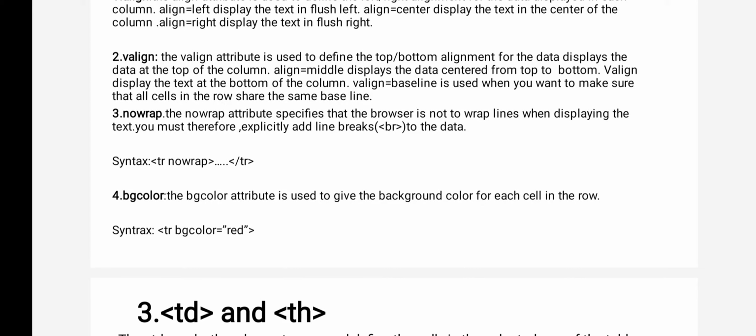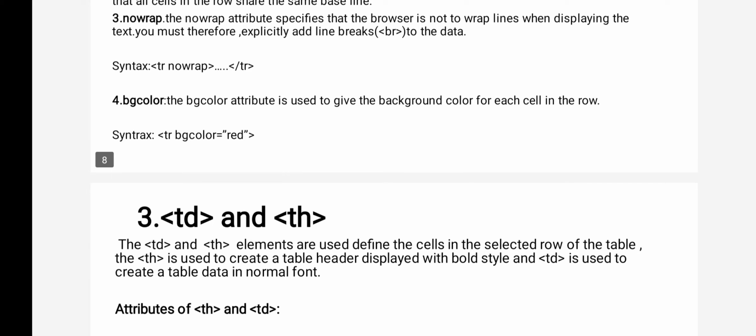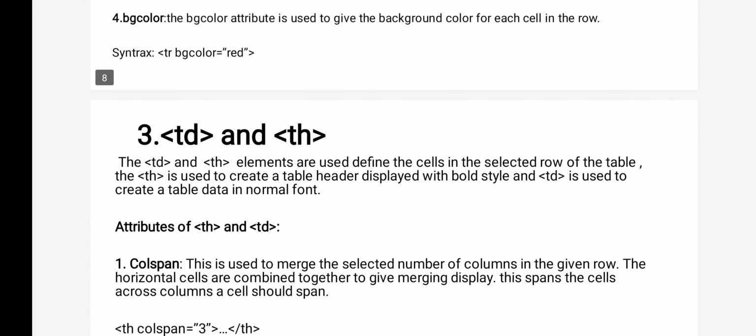Now bgcolor for the entire row. If you want to give a background color, then we'll use bgcolor. That is also one of the attributes. And here we have more attributes. Background attribute also you can give, meaning if you want to add any image in the background, then we'll use the background attribute inside the TR tag.